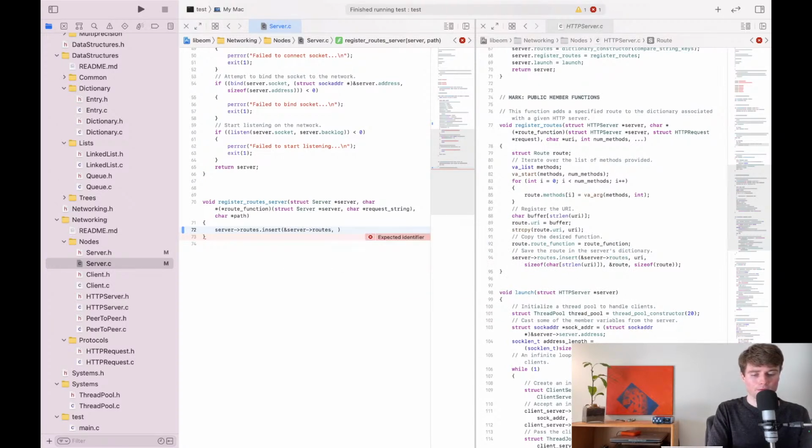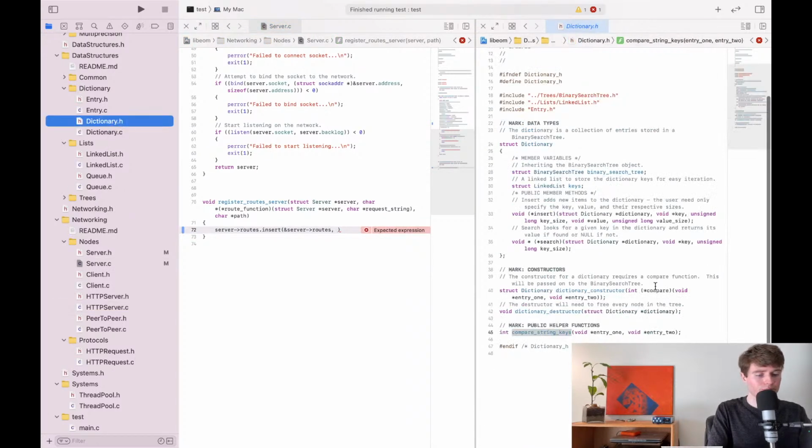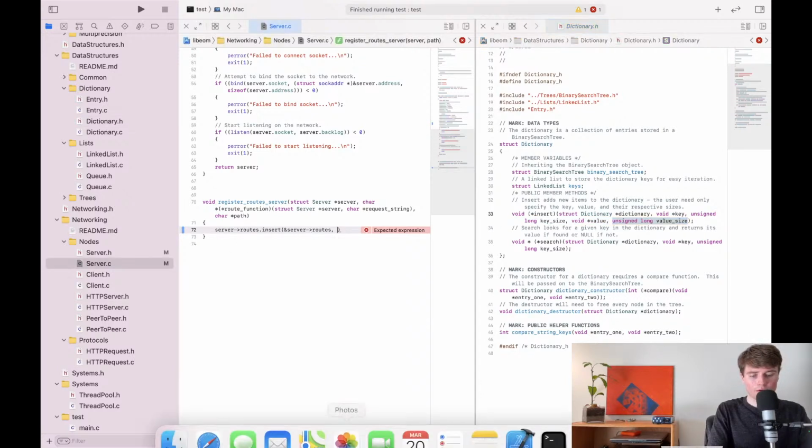routes. Then I need to look at this one. There's a number of things in it. Insert takes the dictionary itself, a void pointer to the key, and the size of the key in bytes. Then we take a void pointer to the value and the size of that value. Okay, so our key for this is going to be